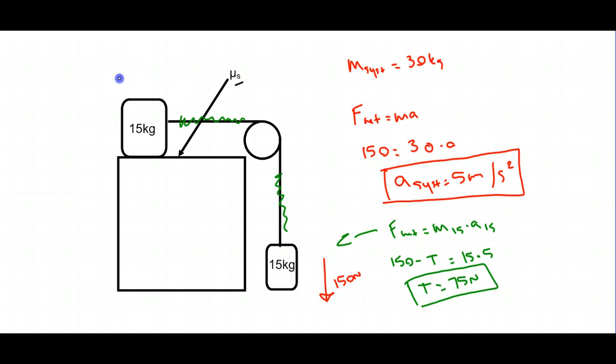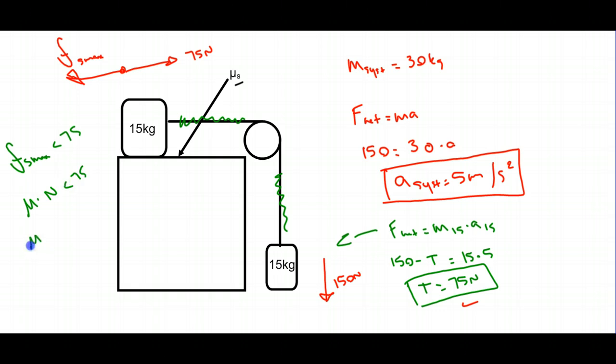We need our friction force to be no greater than 75 newtons. Right, so our static friction force, which is going to pull back this way, can be no greater than Fs max, can be no greater than 75 newtons, because that's what's going to be pulling in the opposite direction. So the result, if Fs max has to be less than 75 newtons, Fs is mu times the normal force,